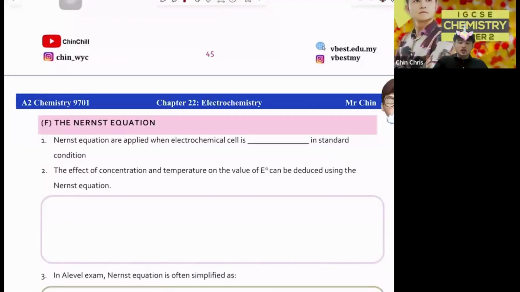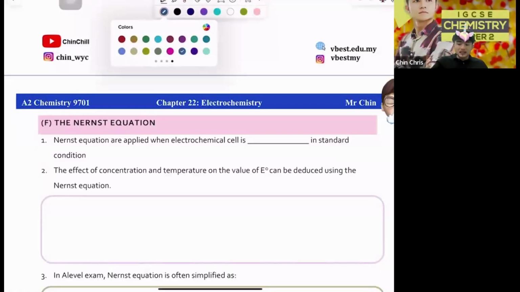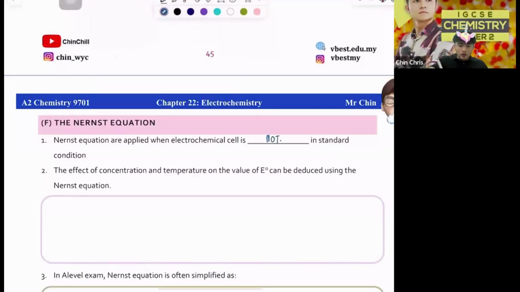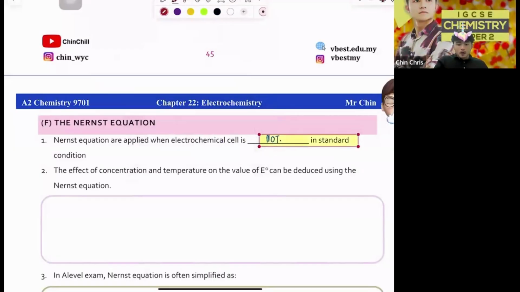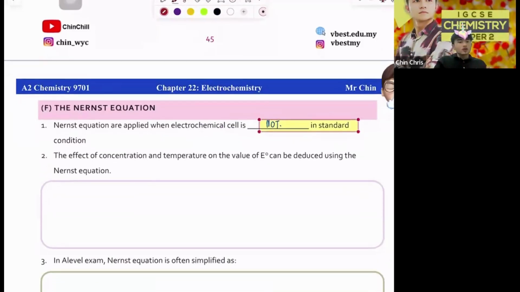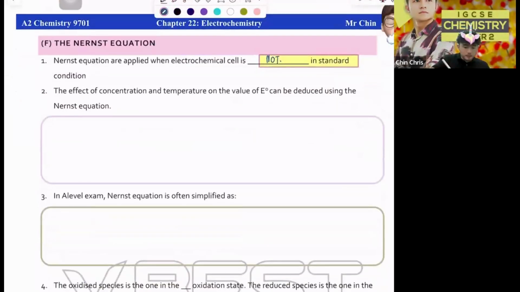Okay, so the Nernst equation, your electrolyte is not in standard condition. Highlight when it is not in standard condition. The effect of concentration will change the E0 value, right? In your exam, your Nernst equation can be written in this form: E equals E0 plus 0.059 divided by Z log